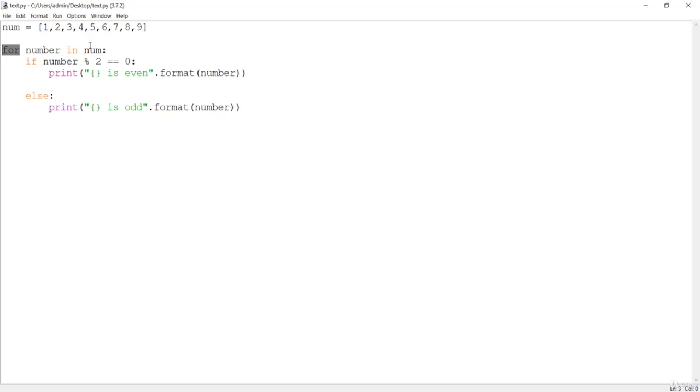Every time this for loop is executed, it is going to get us a single number from num. So num is a list. In the first loop, this number will be 1. In the second loop, this number will be 2. In the third, it will be 3, and in the fourth, it will be 4. Only one number at a time, and we are going inside this loop with only that one number,